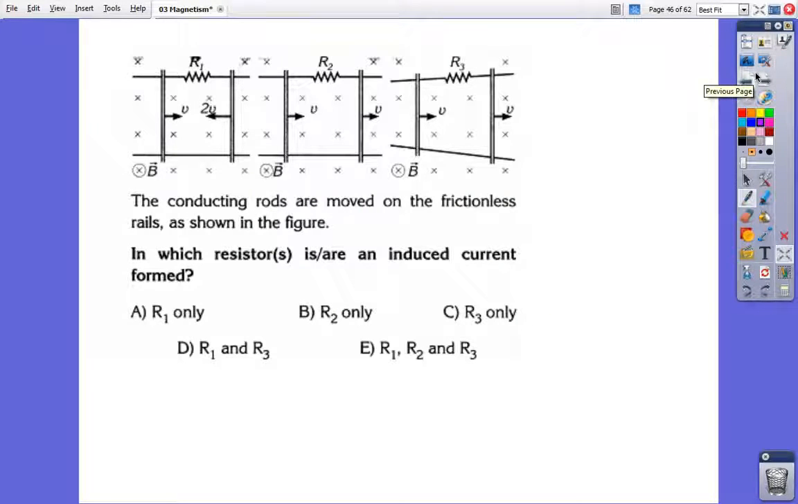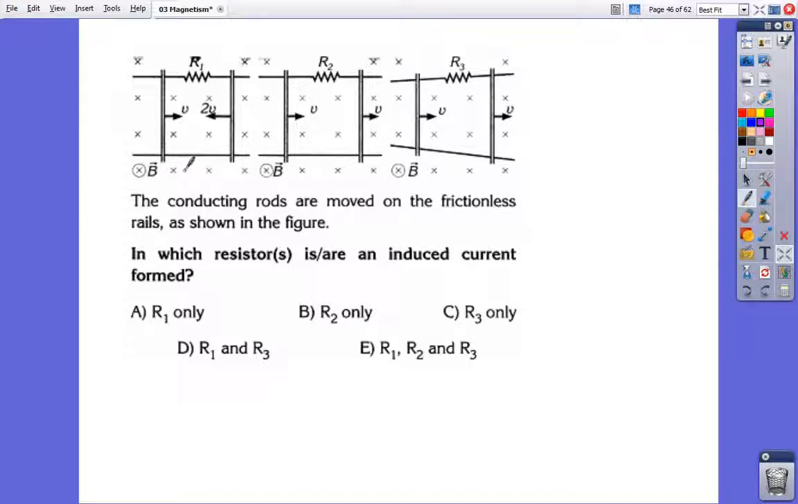Next, the conducting rods are moved on the frictionless rail as shown in the figure, in which resistor or resistors is an induced current formed? Look at the first condition. This is the area of the loop, and then this bar is moving to the right, and then this one moving to the left. So this area is actually decreasing. Because of the area decreasing, the magnetic flux inside this area is also changing, right? So here it will be